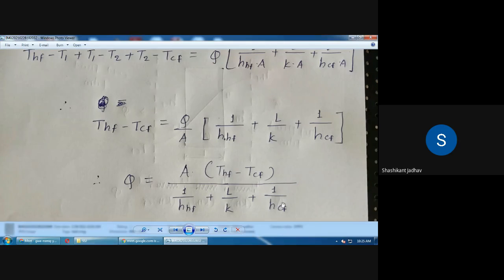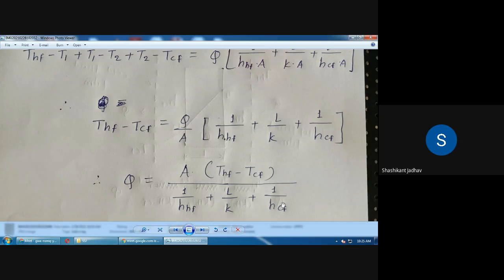Okay, so now this is the final equation for the heat transfer through this particular system. Now our aim is to write the standard equation for this whole system. When conduction is there, we write the equation Q is equal to K into dT by dx. If convection is there, then Q is equal to h A into delta T. In a similar manner, we have to write the equation in the form of the overall heat transfer coefficient. If the heat transfer coefficient is U, how do we write the equation?